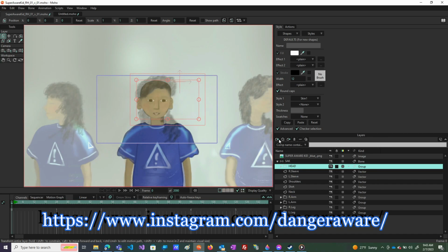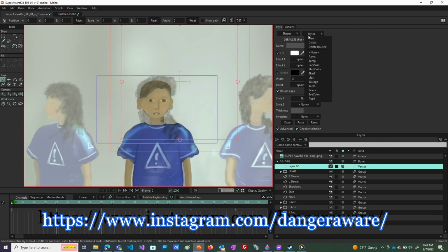So now we're going to create a new vector, and this is going to be our hair, so we need a new style. So hair 1, because we're going to need multiple hair colors so that we can get some realism going, even though it's still all going to be fuzzed out. So again, I should have copied from one that was already fuzzed, so let's cancel this. We can delete any that we haven't used, so that gets rid of that new one. So now we're going to go, whoops, I didn't want to do that. Delete it. So now we bring up the skin one. That's the one with the soft edge. Now we're going to create the hair, and that gives us the same settings and the color, but we can make changes now. So hair 1,